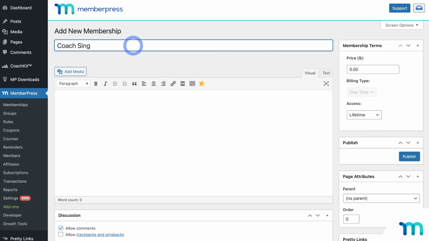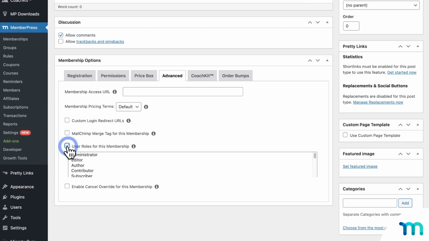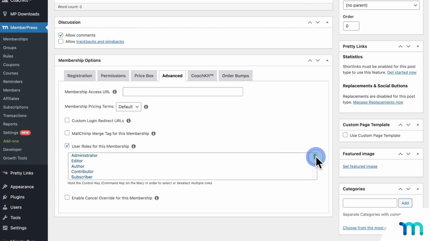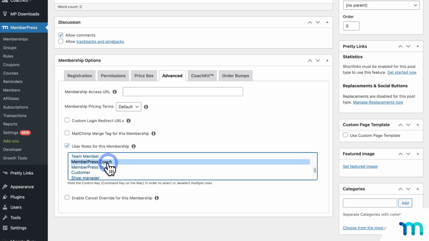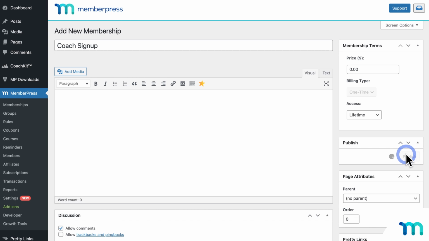And then setting this as a free membership so people don't have to pay to sign up. And then on the membership edit page, here under the Advanced tab, just check to enable user roles for this membership and find MemberPress Coach and select it. So this will automatically assign the coaching WordPress role to anyone who signs up for this membership. So once that's all set, you would click here to save the membership,